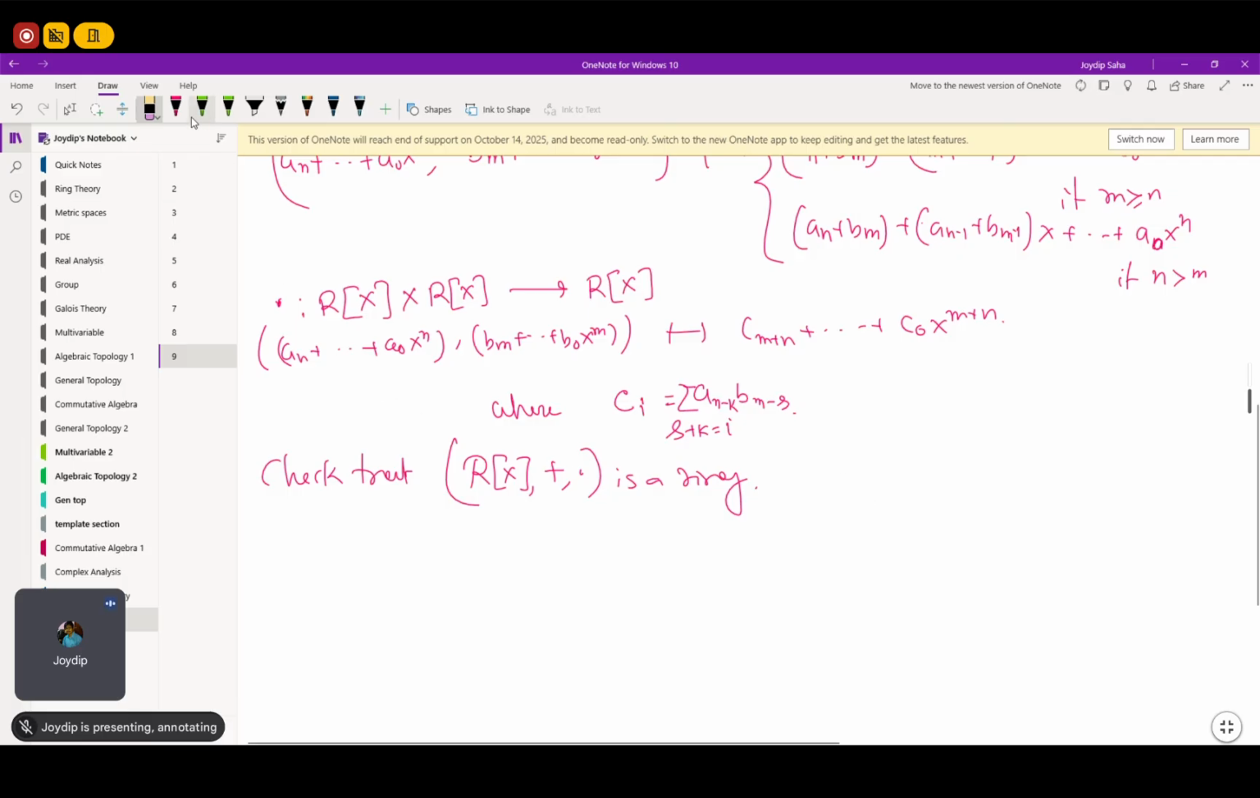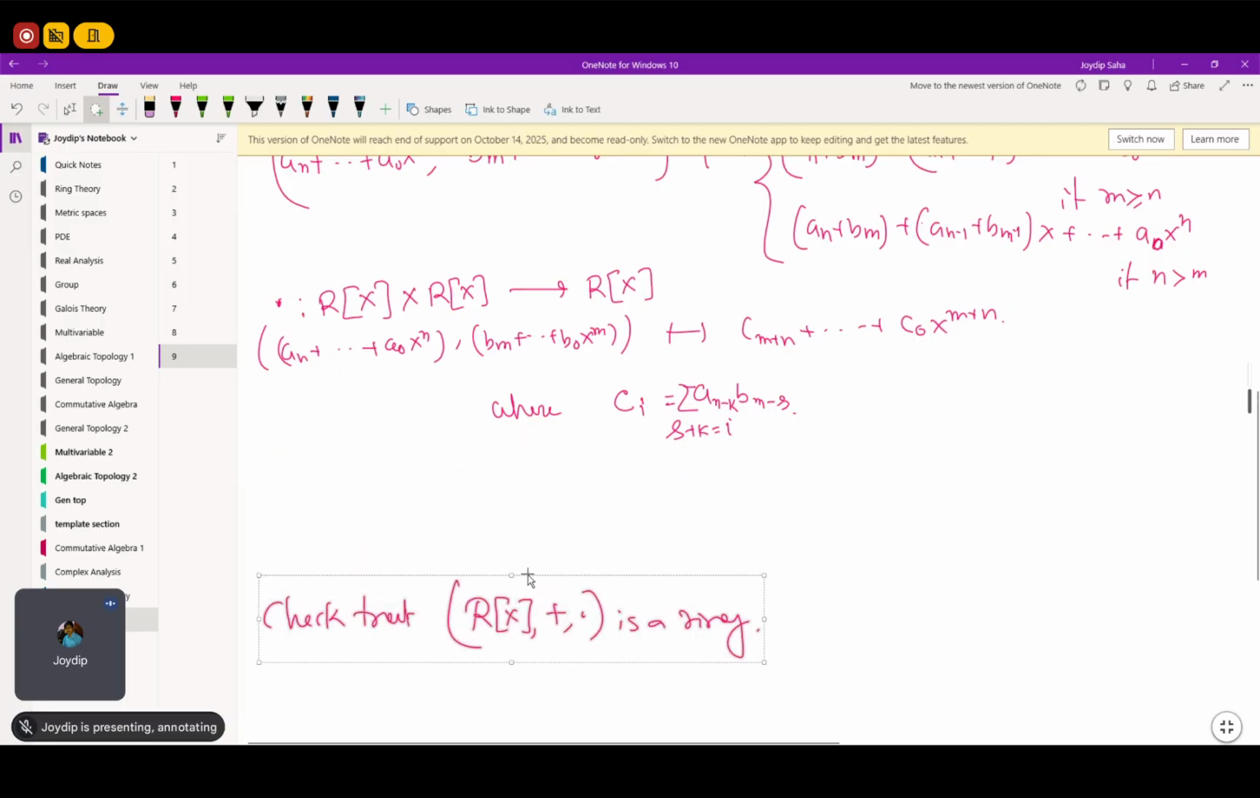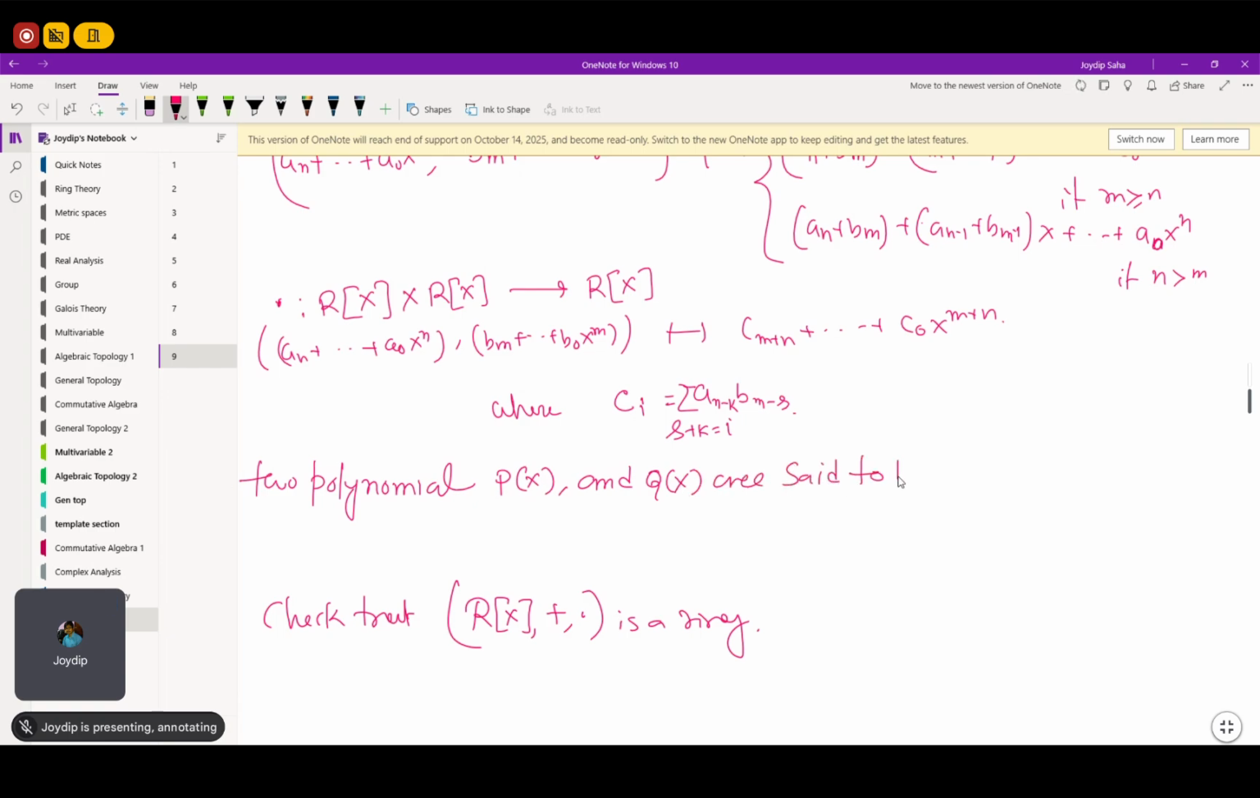No, equality. Before checking that, I need to define equality. What is the relation? This is the unique expression of two polynomials. This is uniqueness of expression. This is a definition, okay? Px and Qx are said to be the same